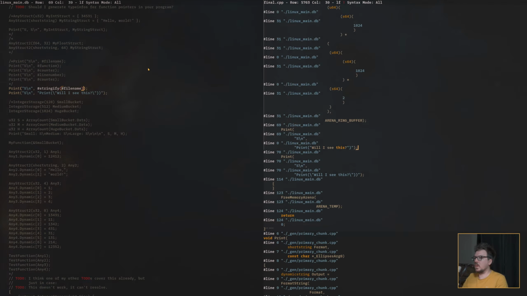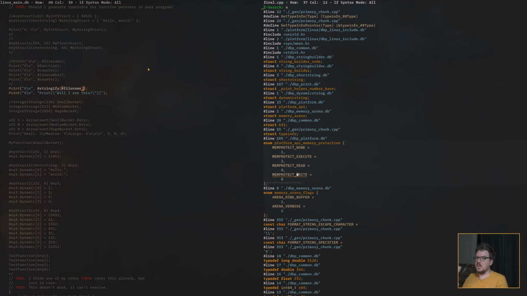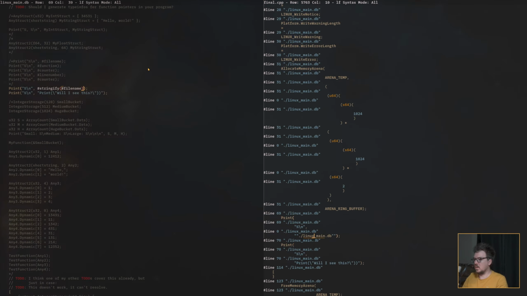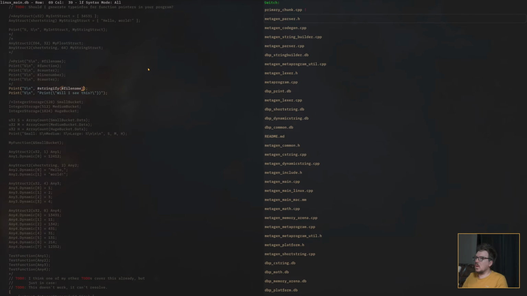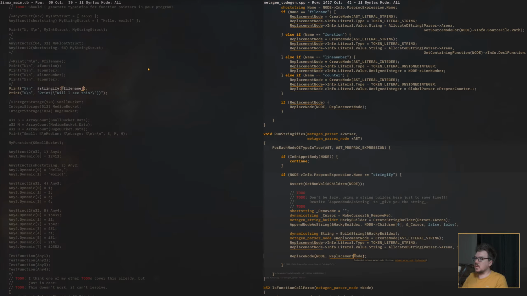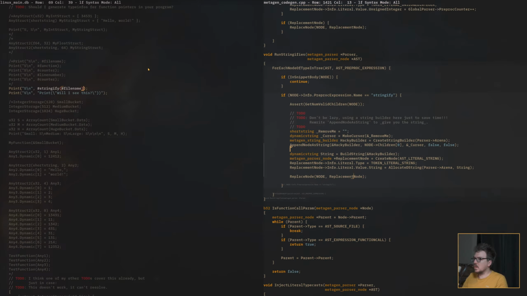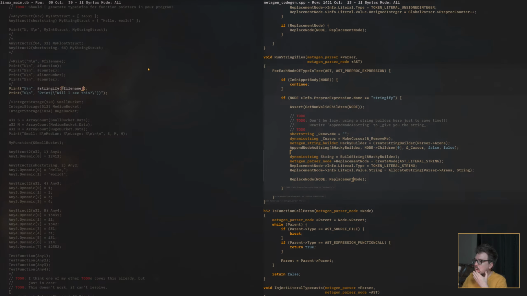Because now if I look at this again, see this? Yeah. Oh no, if it's a string, we just need to not put... Okay, hold on. Where are we doing that at? It's in CodeGen, run stringifies. That's why.